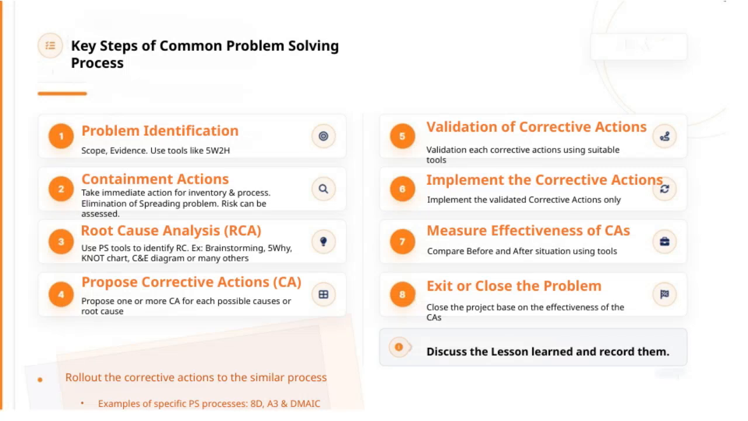Let's take a closer look at some specific problem-solving processes, such as the 8D, A3, and DMAIC methods. These are structured approaches that help us systematically identify, analyze, and resolve issues. Once we implement corrective actions, it's important to roll them out to similar processes to prevent recurrence elsewhere. Sharing lessons learned during this phase allows us to improve our overall problem-solving approach and record valuable insights for future